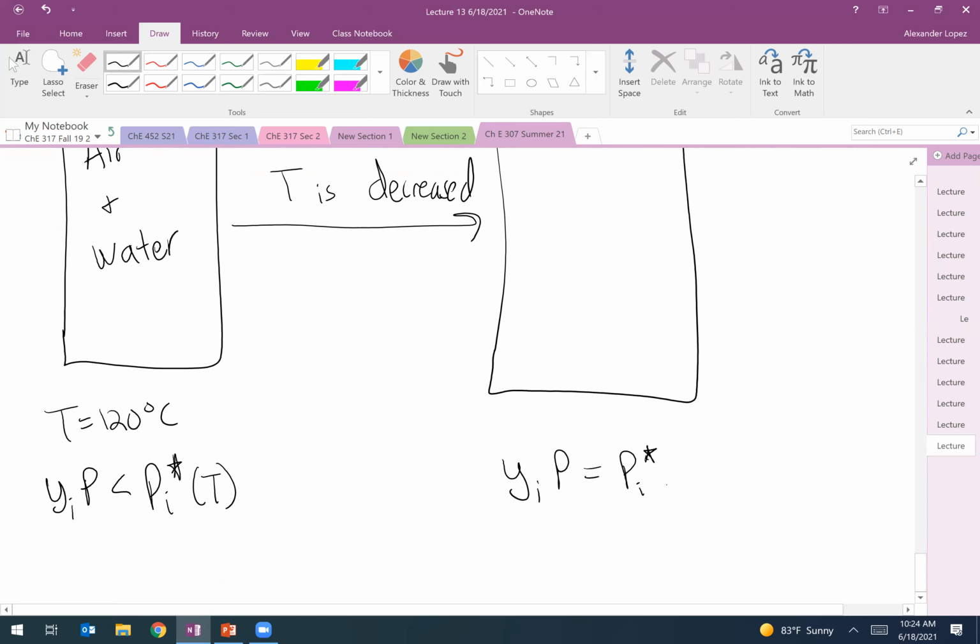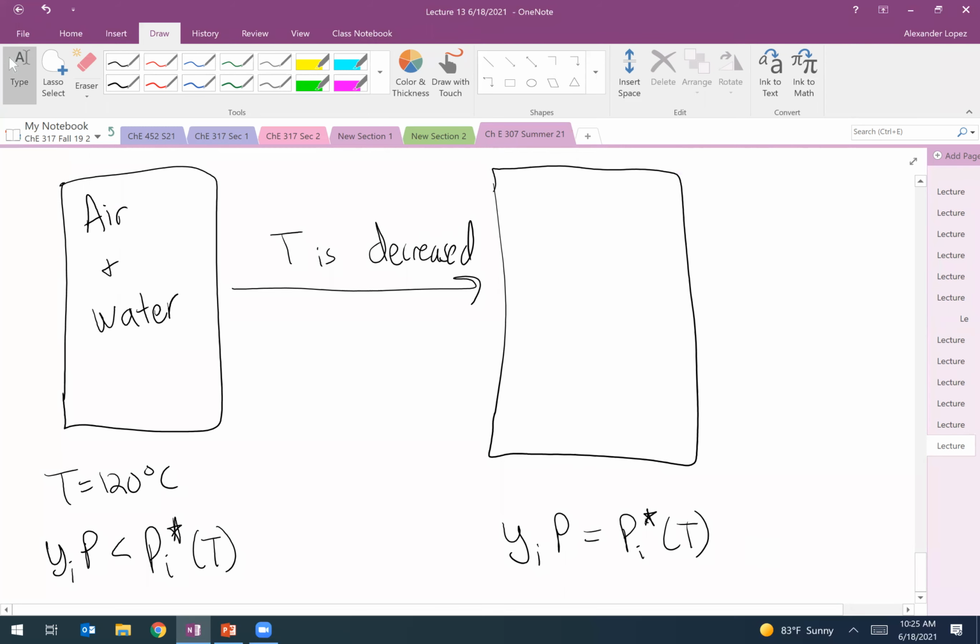And now the mole fraction, or the amount of water that exists in the air, will equal that of saturation as I've cooled it, right? Because that saturation pressure will fall as a function of temperature, but the system's closed. The amount of water that exists in the system isn't. So eventually I'm going to get to the point where those equal. The only way I can continue to drop the temperature in that system is for liquid water to form. So any further cooling